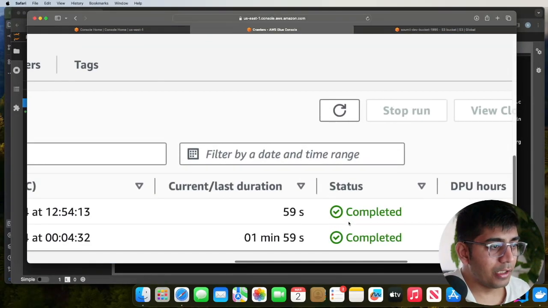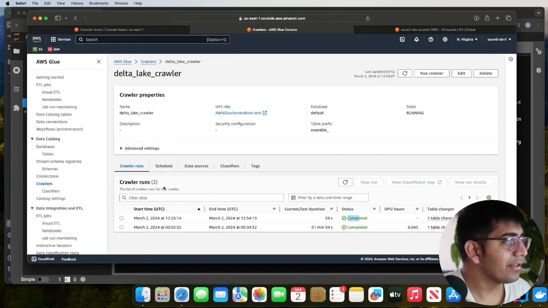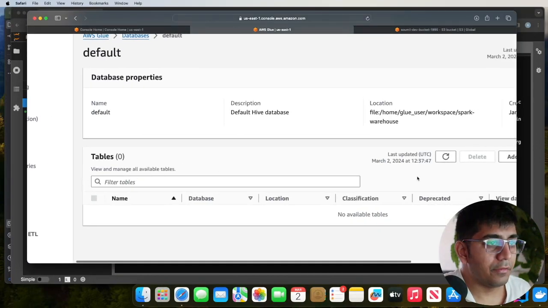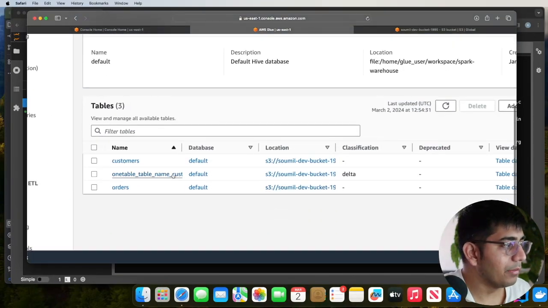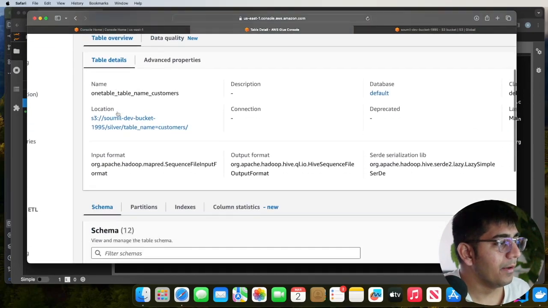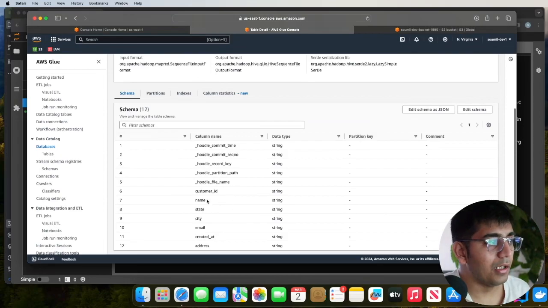My Glue crawler is now complete. As you can see, it took about 59 seconds. If I head over to the database, go to default, and refresh here, I should be seeing these tables. Here you can see OneTable_, because that was the prefix that I added. And here you can see the schema, right? So OneTable was able to translate our existing Hudi table into a Delta table. It's an amazing way that you can interoperate between all of these three data lakes: Hudi, Iceberg, and